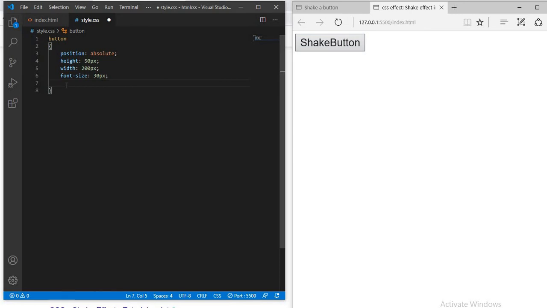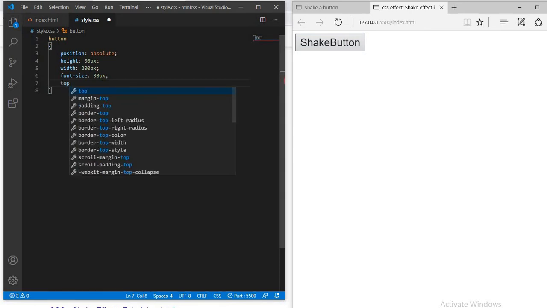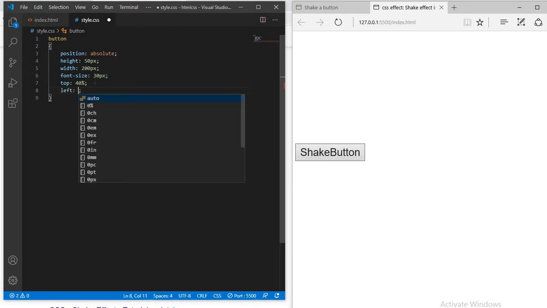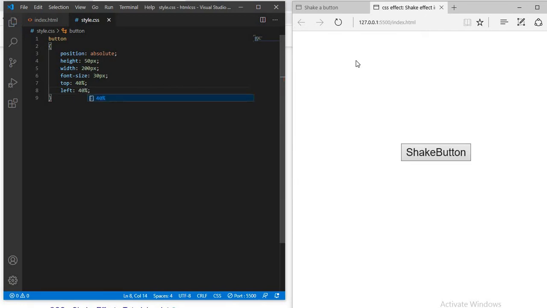Now I will set its top to 40%, means its position from the top is 40% and its position from left is 40%. So we can see that this button is 40% from top and 40% from left.